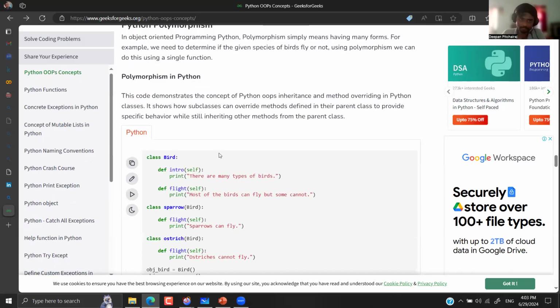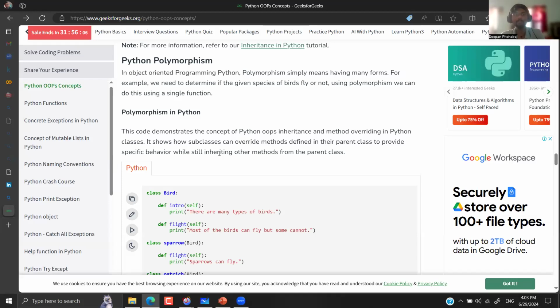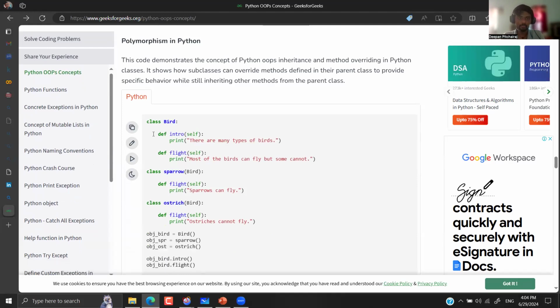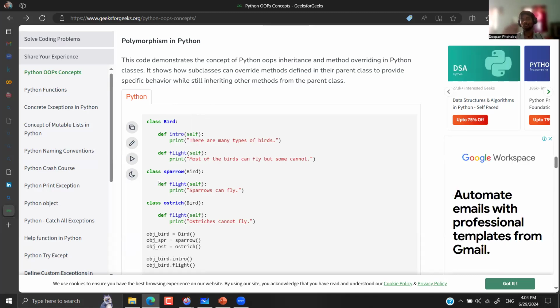inheritance. What is polymorphism? Polymorphism means that you can create different objects. Object in the sense that you can transform a single entity into multiple things. In the case of inheritance, we have transformed a single user account into a current account as well as a savings account, right? The same thing: you just need to define what a bird is, and the bird basically can fly and it can give an intro, right? So in that case, you can use the same bird class with the name sparrow, and then you are just going to change one of its